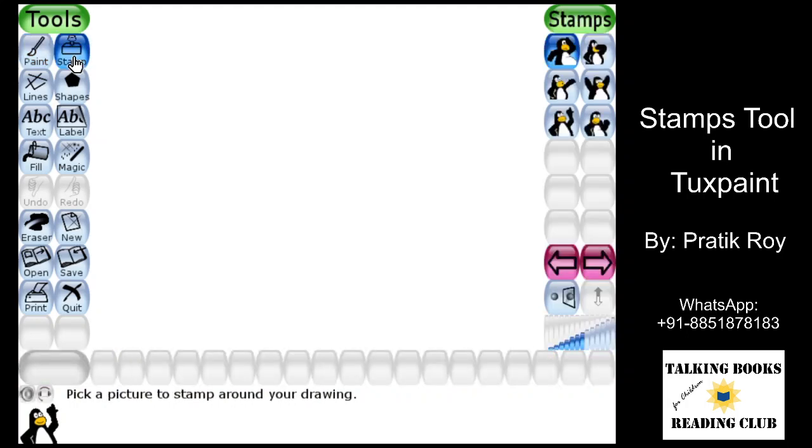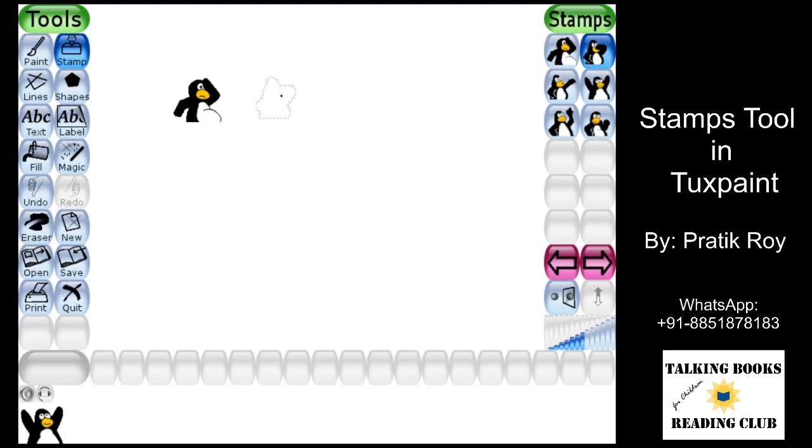And within the stamp, if you've not installed the additional package, you will find these six penguin cartoons, and you can use any of these cartoons and put it in your artwork. If you want, you can resize them. There is a slope bar which helps you in resizing the penguins or any stamp. So depending on the need of your drawing, you can create that size.